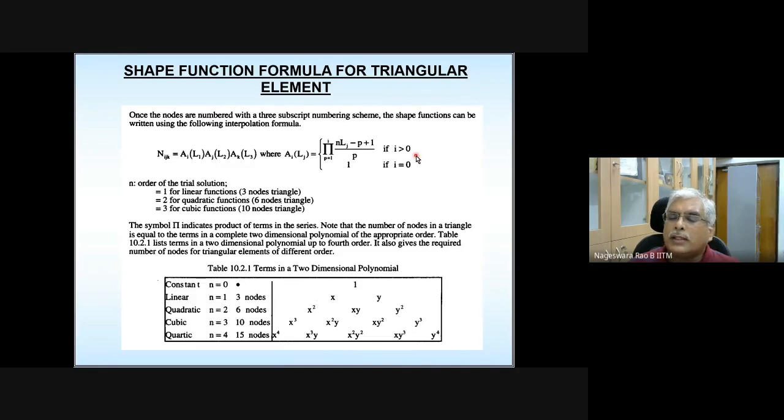So now, since we learned the procedure, let's apply this procedure, starting with the 3 node element, 6 node element like that. Whatever expressions we get for the 3 node element using this formula should match with whatever we already derived. Even though we are adopting different procedures for getting the shape function expressions, finally the shape functions resulting from each of these methods should be similar or almost the same. Otherwise, it's going to violate all the shape function properties. Okay, so please take a note of it.